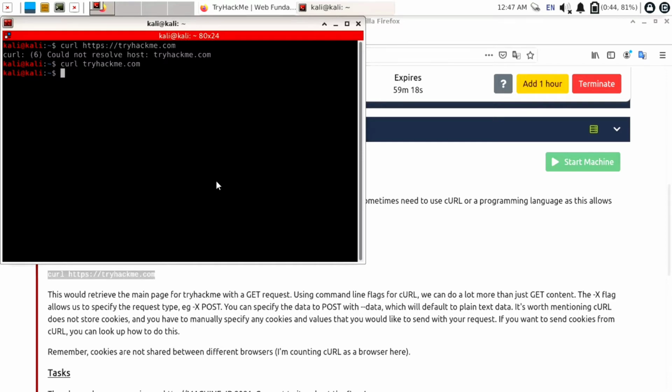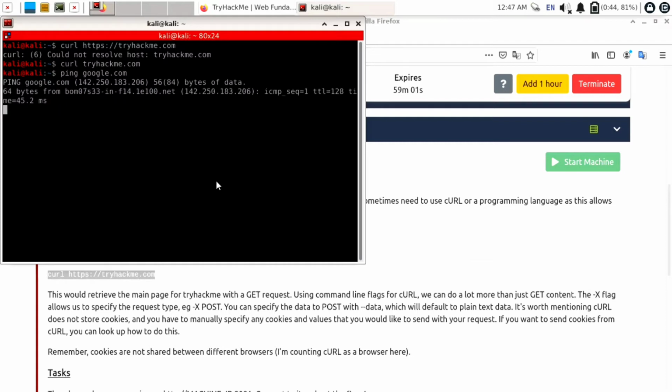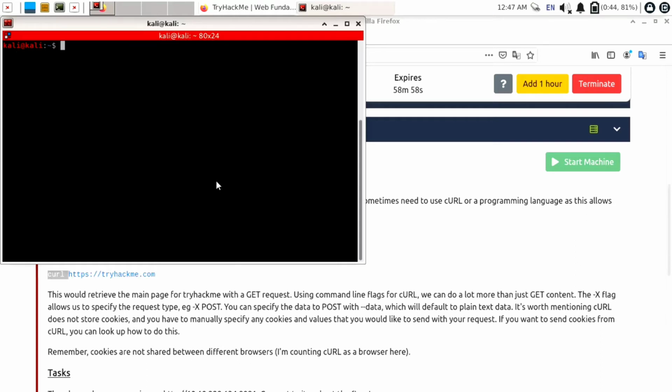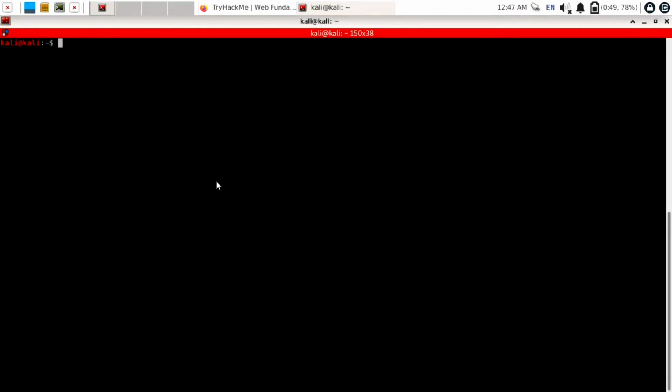Still we got nothing here. I think there may be some internet fluctuation. Let's try to ping google.com to check whether our internet connection is stable or not. Yes, I'm getting TTL replies, which means my internet connection is stable. There is no issue. Okay, let's try to connect to the VPN to access our mini CTF machine.